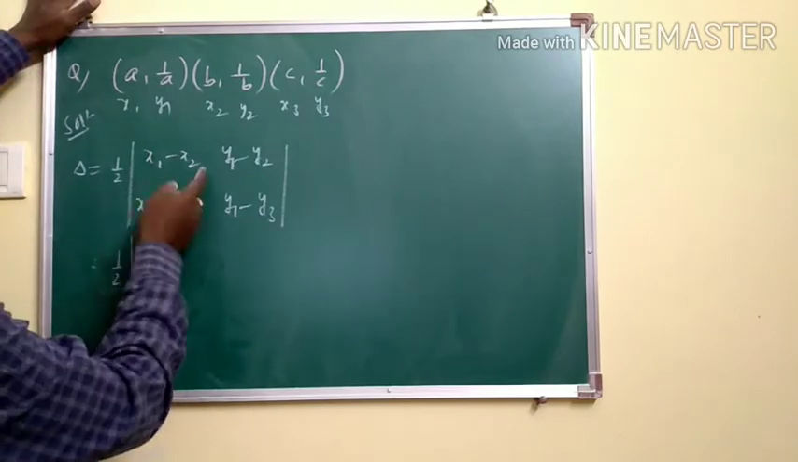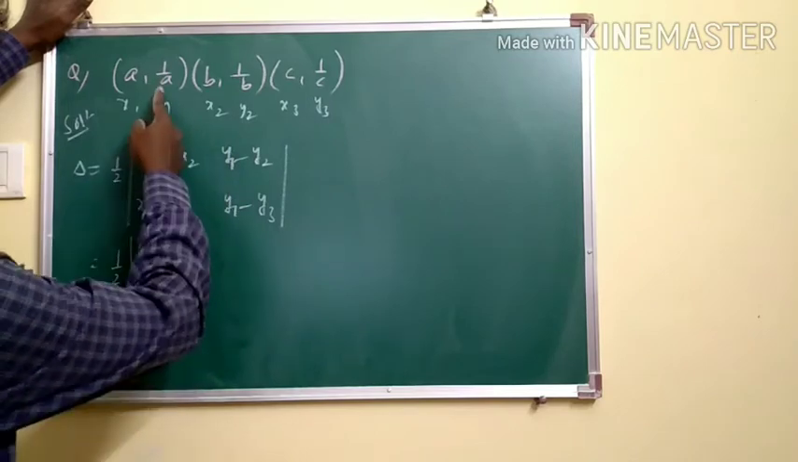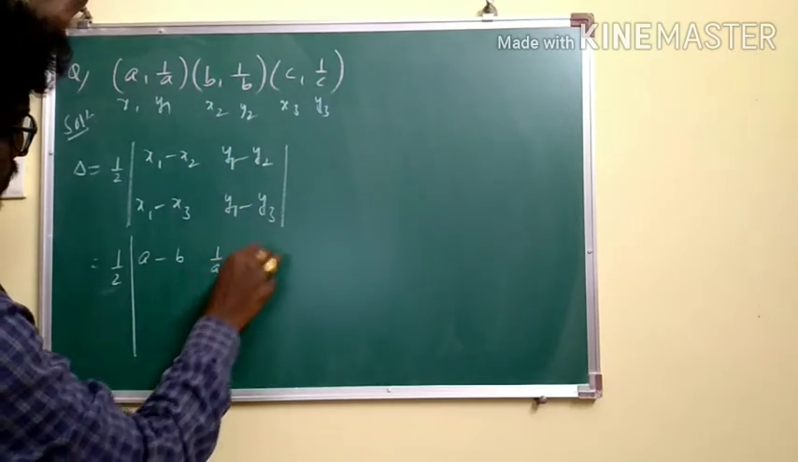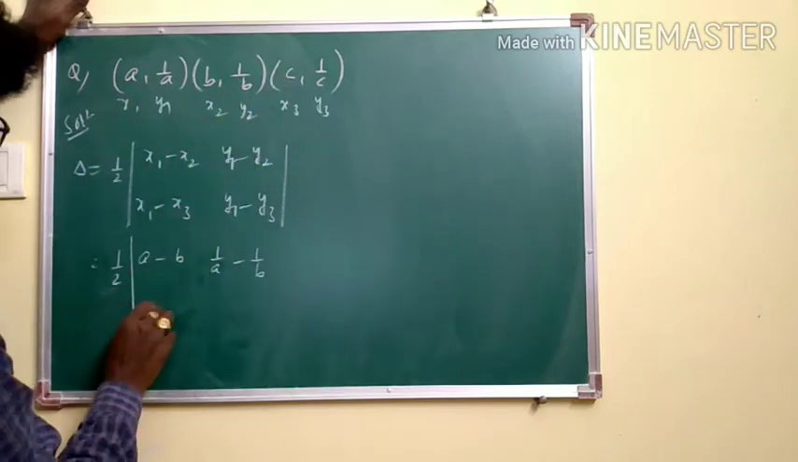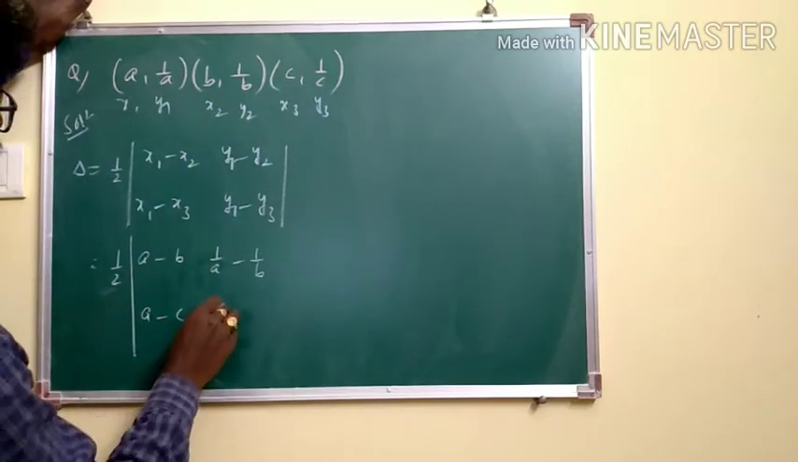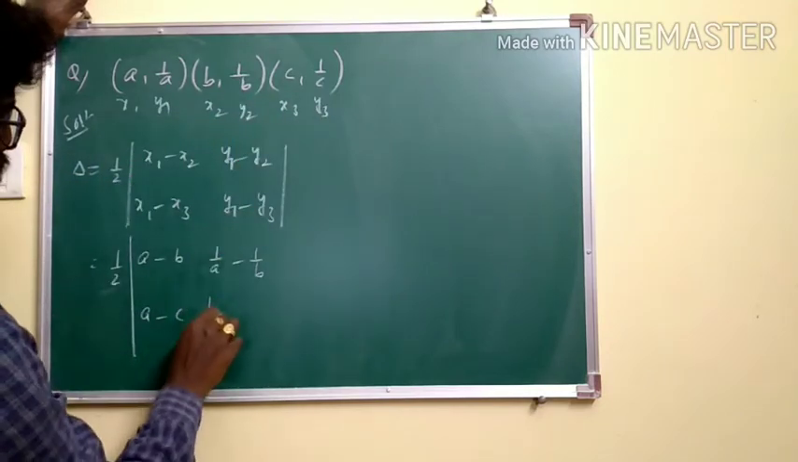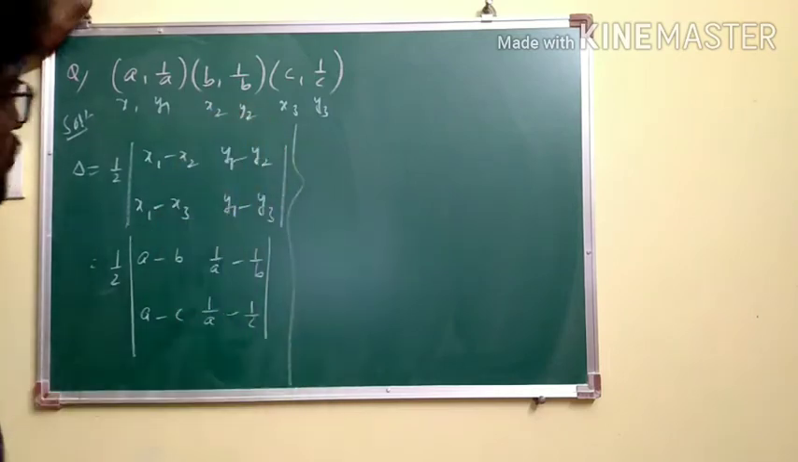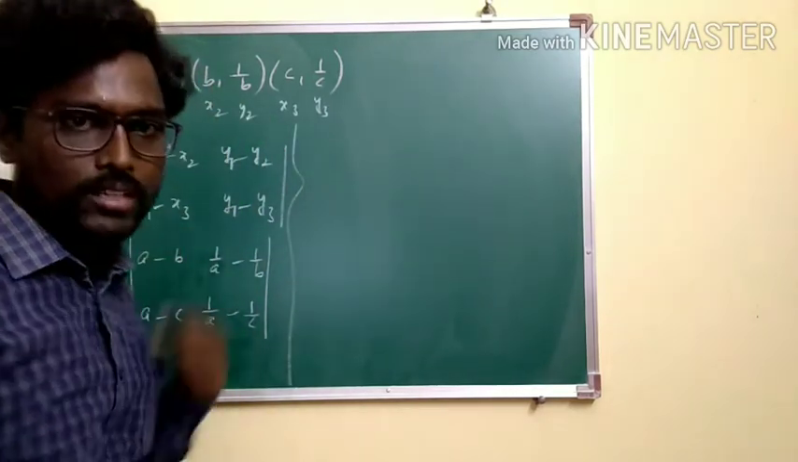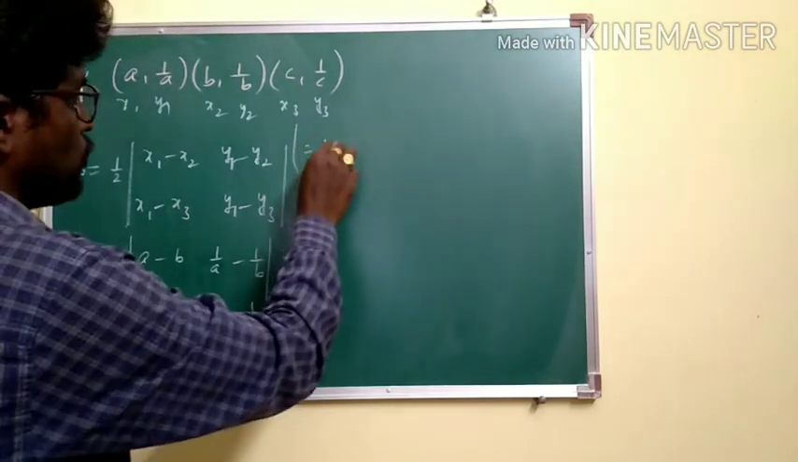Half det: x1 minus x2 means a minus b, y1 minus y2 is 1 by a minus 1 by b, and x1 minus x3 is a minus c, and y1 minus y3 is 1 by a minus 1 by c. I can tell you deriving this problem is easy in this 2 by 2 determinant format compared to any other formulas. So further we get